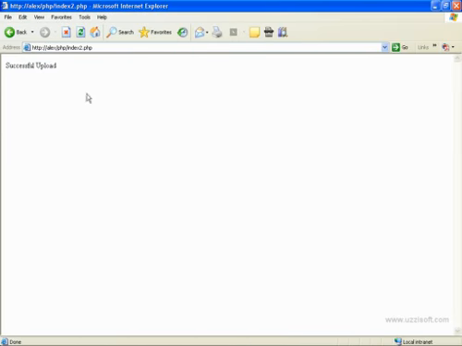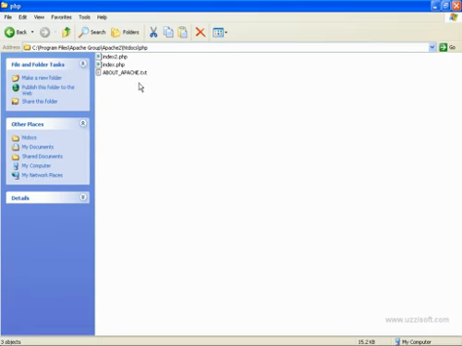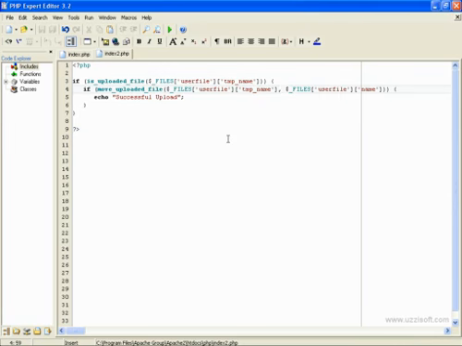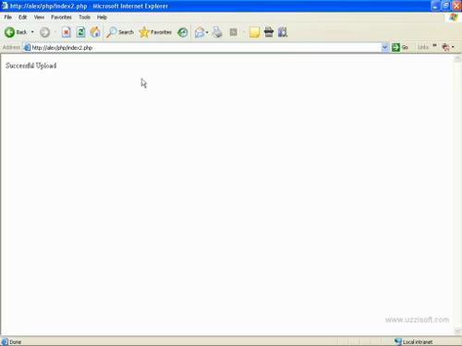And it says successful upload. And we can see the file right here, which is the one that we uploaded. So now if we want to upload a file to a different folder, we can just specify it. Save that. Choose another file. Submit. Successful upload. We'll check